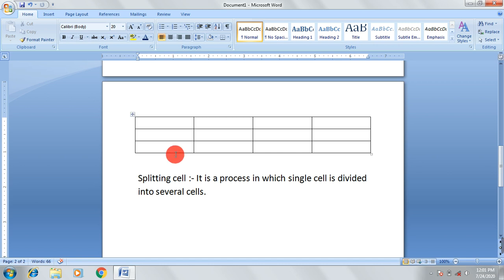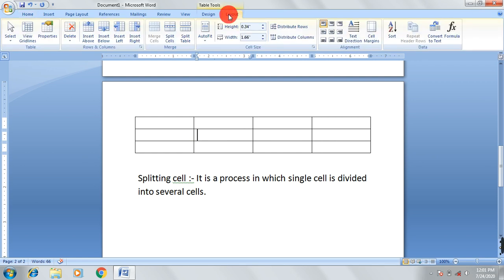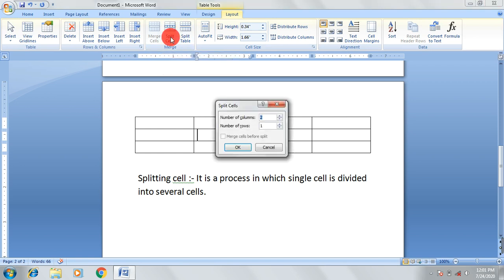For example, in this cell I want 4 more cells inside it. So I have to split this particular cell. For this, click on the Layout tab, and there is an option in the Merge group, Split Cells. Click on it, and you can see a dialog box appears, asking for the number of columns and number of rows.